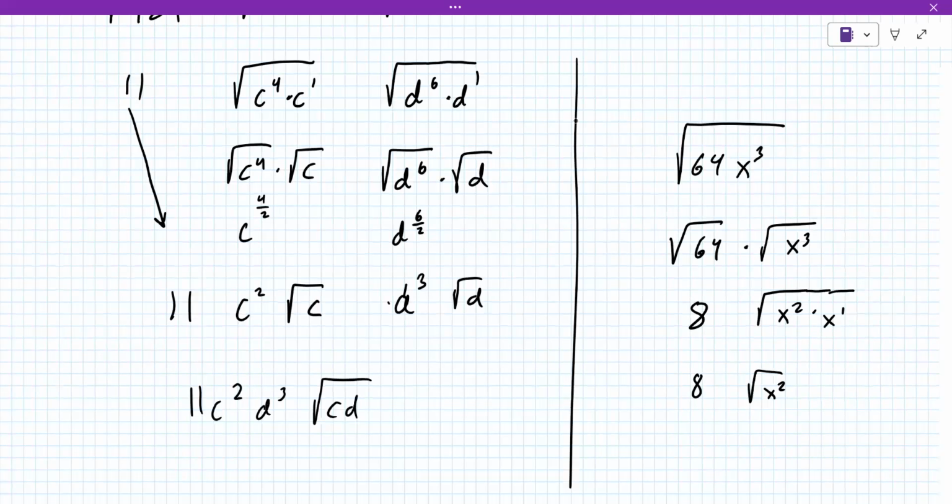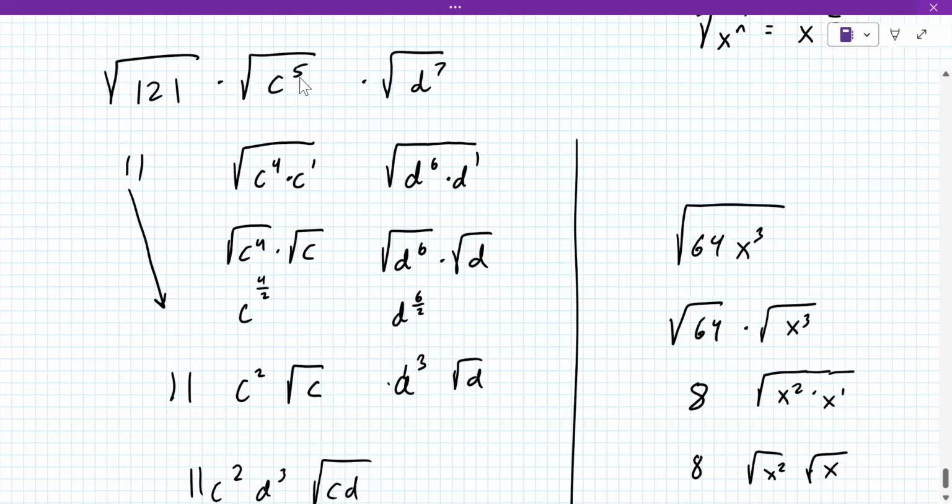Square root of x squared, square root of x, it becomes 8x square root of x. Yeah, okay. So the rule to remember is that if it's an odd exponent, you divide by 2. And you're going to have 1 left over inside. All right, we do unfortunately